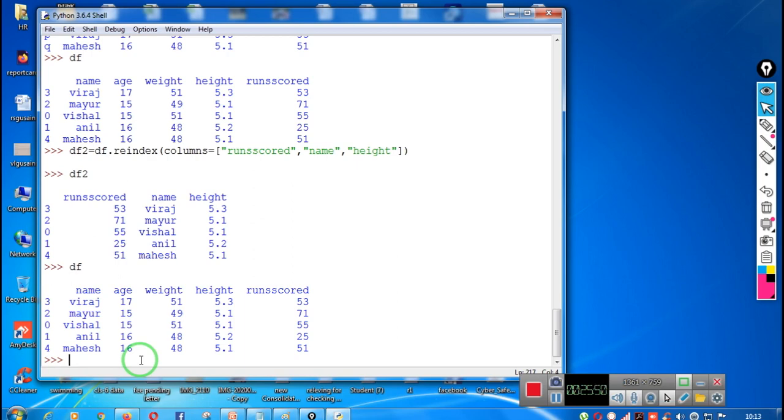If you want to rename the column labels, you have to write df, because the name of this data frame is df. So df dot rename, and then columns. If you want to rename the index, you have to write index. If you want to rename the columns, you have to write columns, and then equal to, and then create a dictionary. So instead of name, I want it should be emp